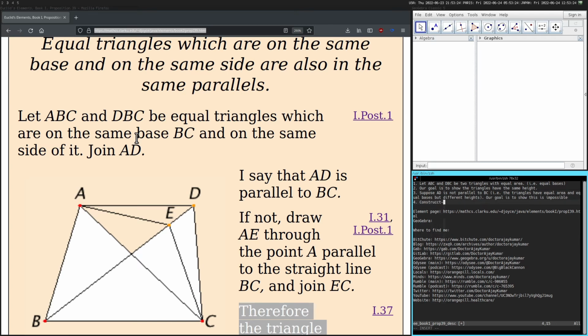4. Construct AE. Construct E incident with the join of B and D such that AE is parallel to, or such that,